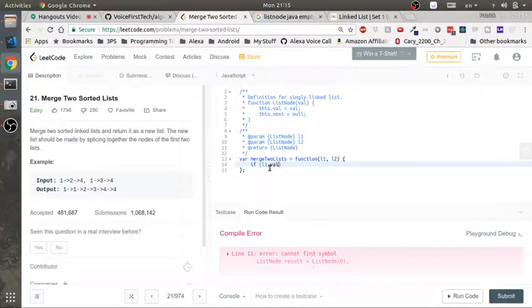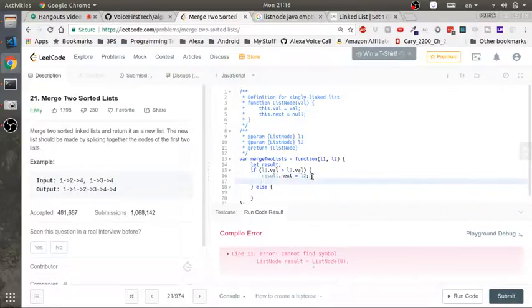If L1 dot val is greater than L2 dot val, let result, and then we'll just say result dot val, result dot next equals L2, else,